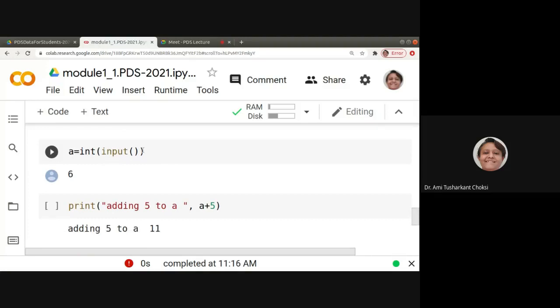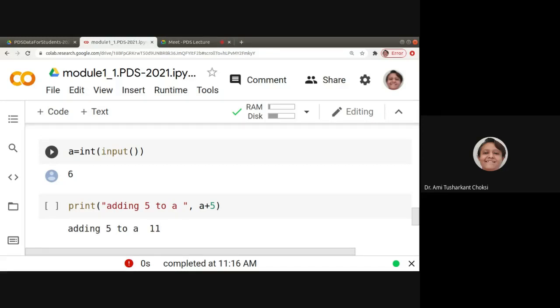Now, in the previous example, we have taken the input, stored the value in A, and then converted that to integer. Typically in C language, or in Java, we are getting the integer value or float value or character value directly.